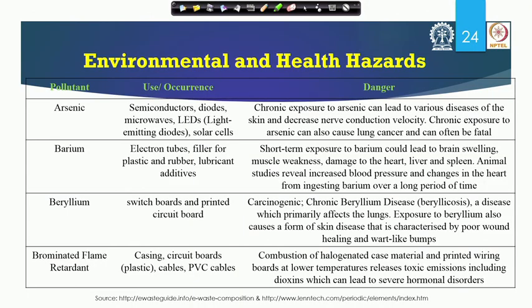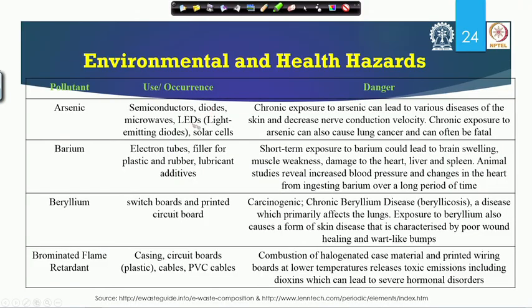From this table, the list is pretty long, and it has been provided in alphabetical order. So it doesn't mean that arsenic is the number one element that shows up in electronic waste. Actually lead is. In most electronic waste, the higher amount is lead. But since we put them in alphabetical order, electronics that we carry, phone, iPad, laptop and other things, carry many of these heavy metals or